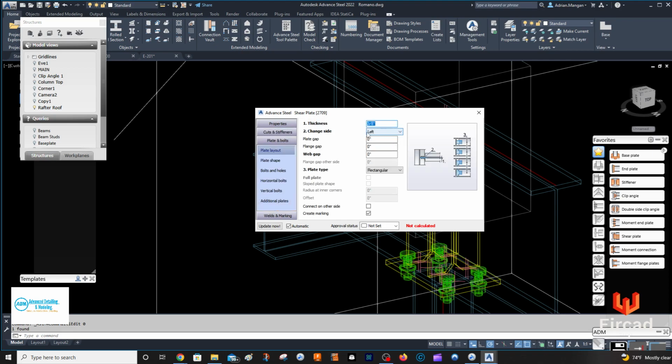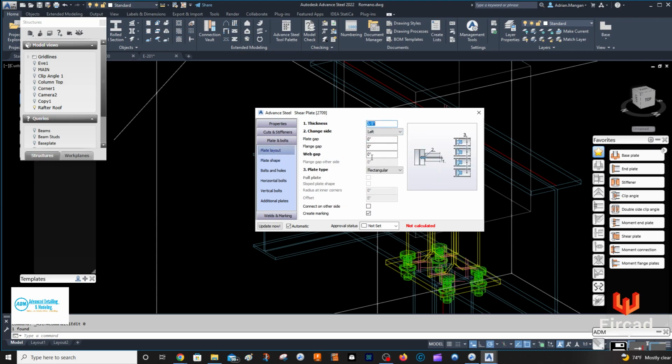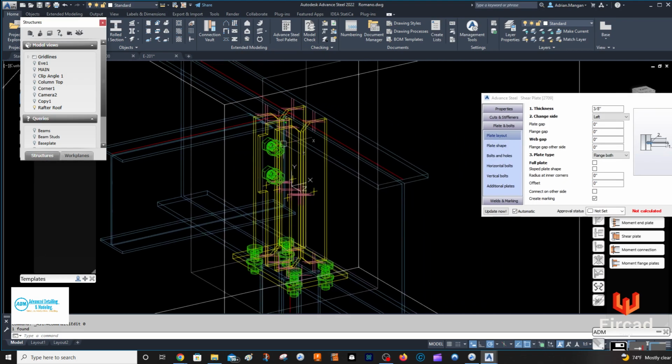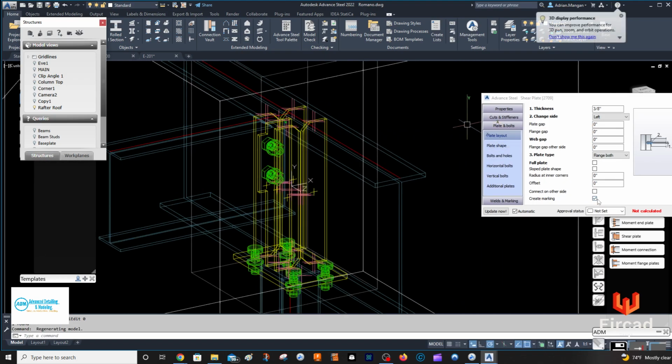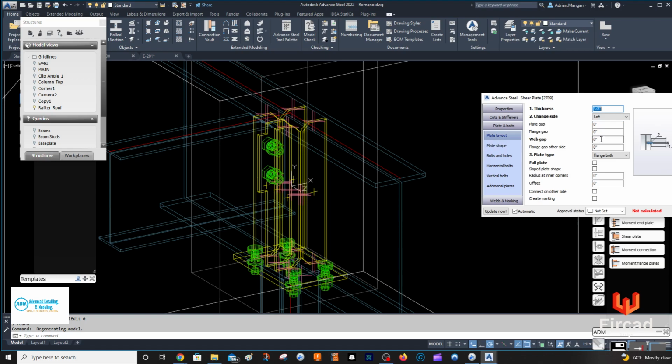So plate and bolts, plate shape straight, and plate layout rectangular, both. So we want to have it both top and bottom. I'm going to take off the marking. The guy doesn't want the marking on them. And the shape is straight, and we could do 0.75 on the corner. And back to layout, sorry, flange gap 1/16, flange gap the other side 1/16,